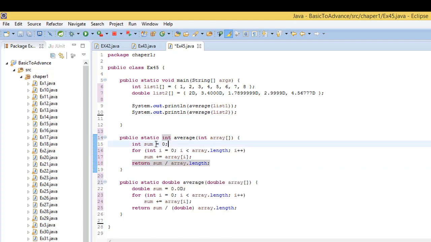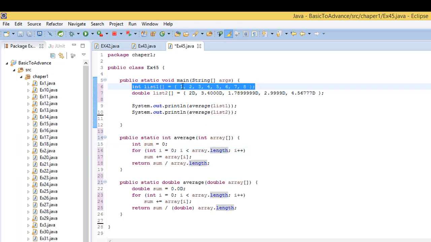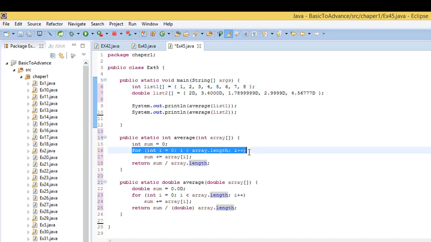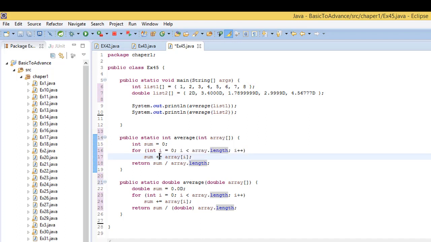So I create this variable here, sum, and I loop through this array, which is this one. So I loop from 1 to 8 by using this for loop, and then every loop I take maybe 1 and add it to sum, so it's going to be 1, next time 2, up to 8,